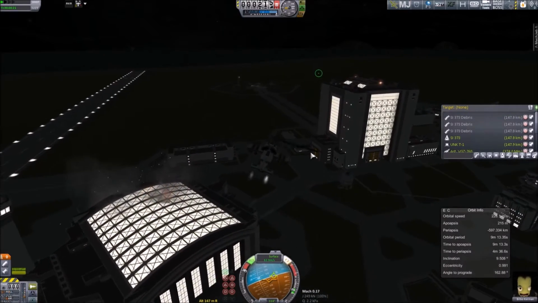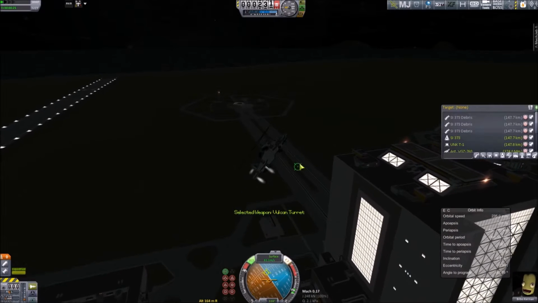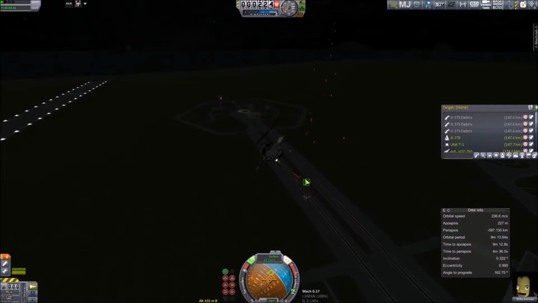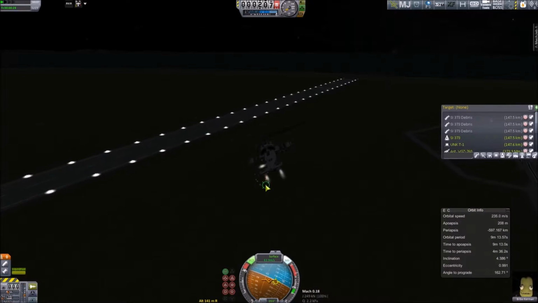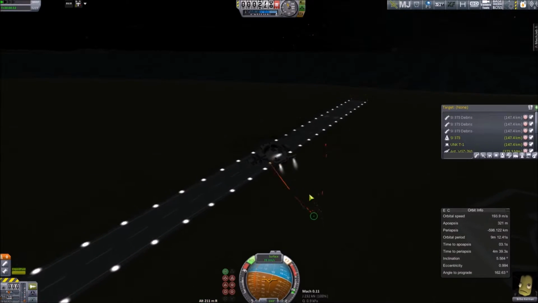I'm sure they won't mind a couple of explosions on there. It's not that big a deal, really. Test out the Gatling gun to make sure that's firing. Now, I know we've got plenty of ammo. We've probably got too much ammunition for